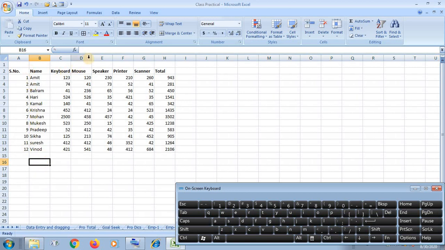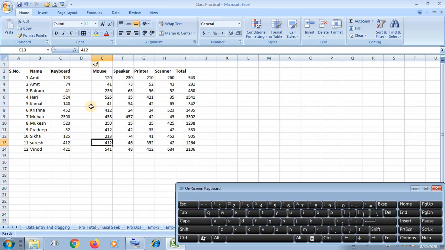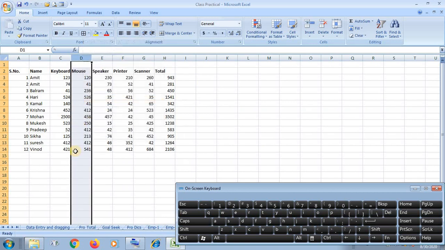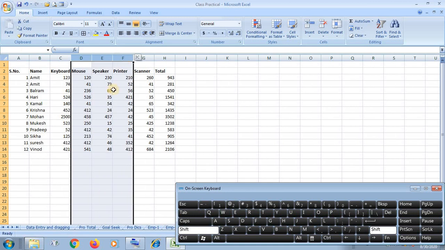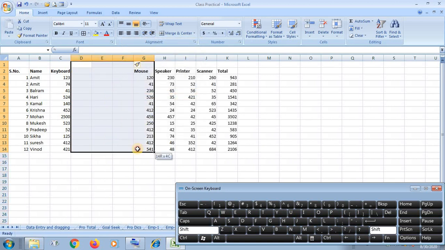Okay, in the same way, if you want to insert one column, then you can insert it by selecting the heading. Clear? And suppose you have selected 2 or 3 columns and you want to insert 3 columns, then click, you have selected 3 columns, then it will insert 3 columns at once.